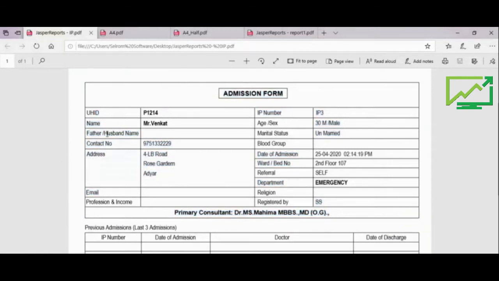UHID, name, and previous 3 admissions, last 3 admissions. This format we can customize based on your requirements. For example, we can add some field or we can delete some field based on your requirements.